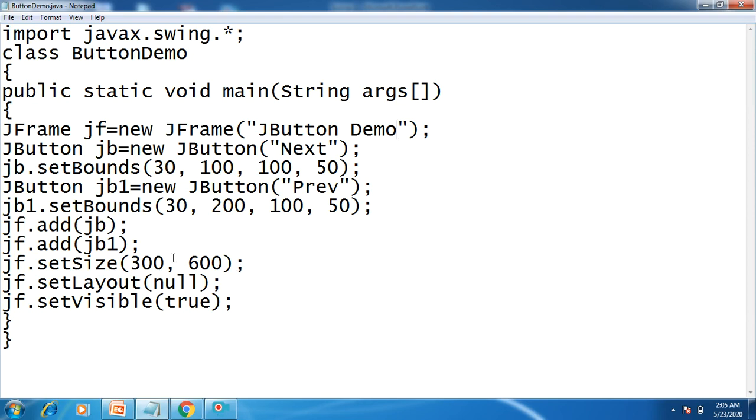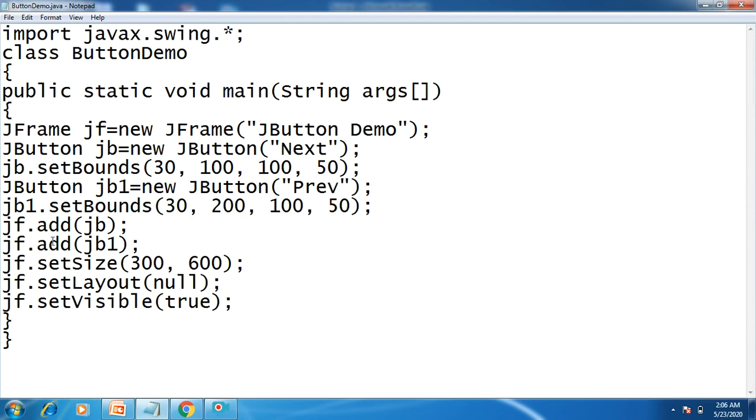As the size of the window I have given is 300 by 600, at the 100th column and 30th row I want to display the first button having the name as a string, text. And for another button, I have taken JButton JB1 equal to new JButton previous, where I want to display it at the 30th row, 200th column, and this is the size of that.